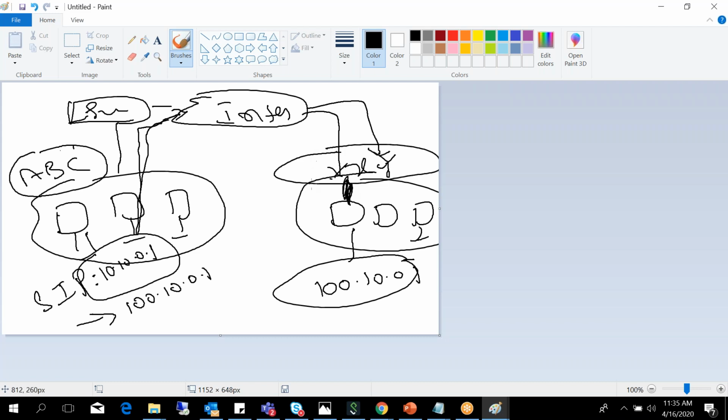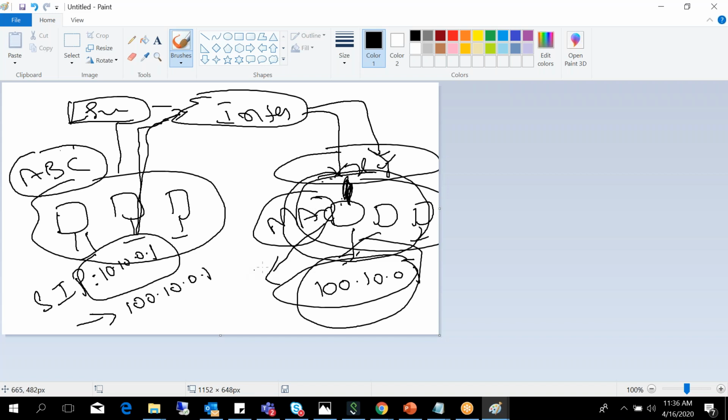The physical address of the machine can be identified based on the MAC address. The IP address is only to deliver, to know which network it has to go to. It's an identification of the device, where exactly in the network. In this network, any of the machines can have this IP address, but the MAC address will be unique for all the machines.